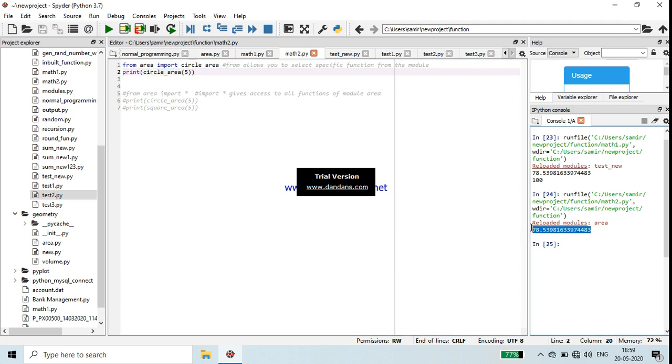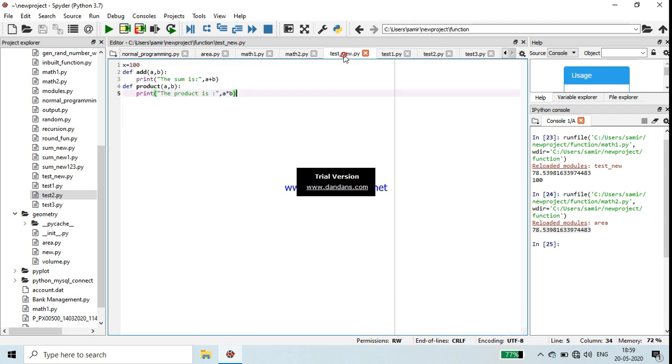Next is how we can use a module through module aliasing. Here I am making a module, test new. You can see here test new is one of the modules. Here I have defined one variable, a global variable, one function add, another function product.